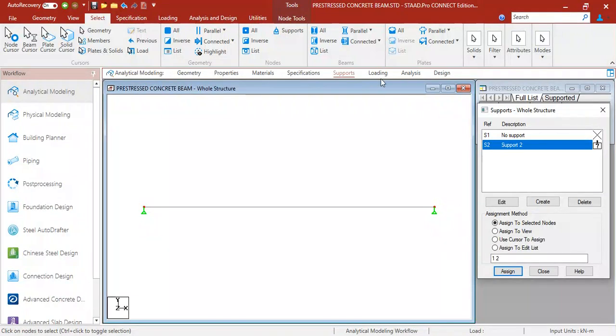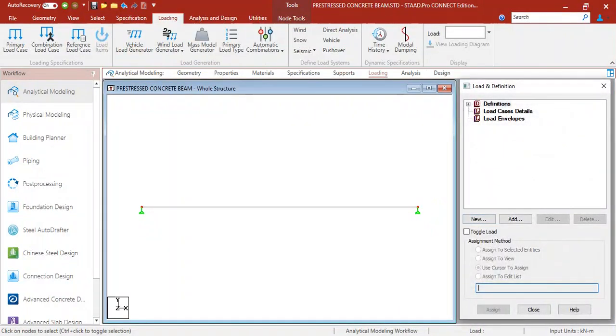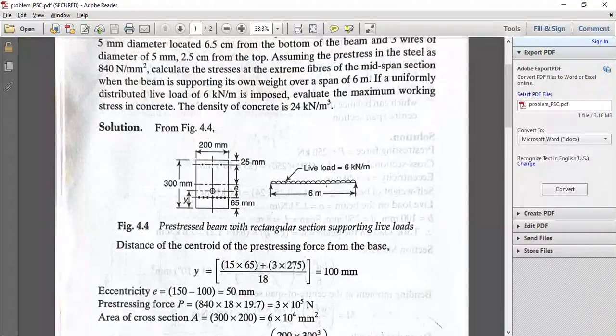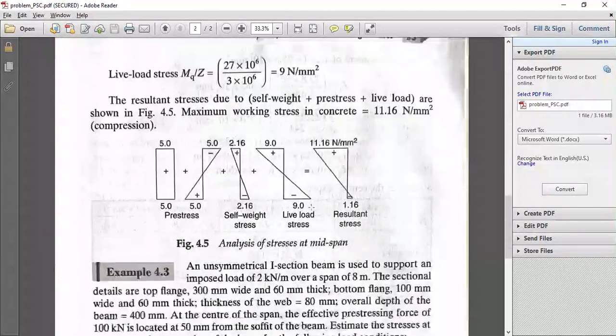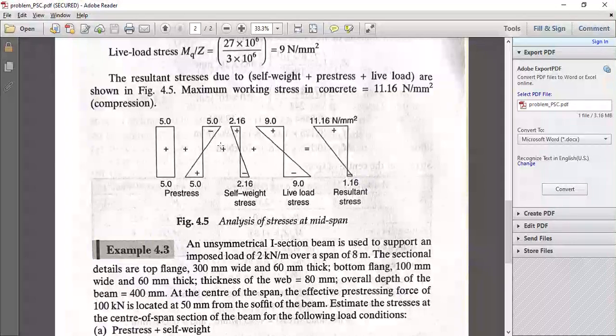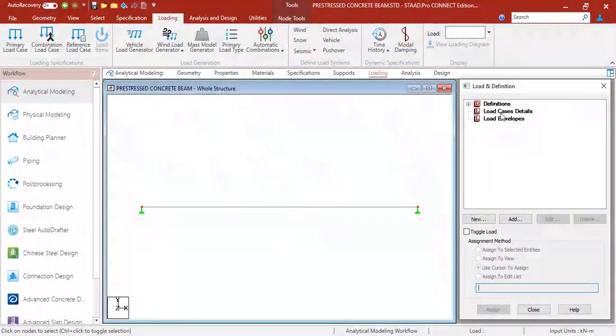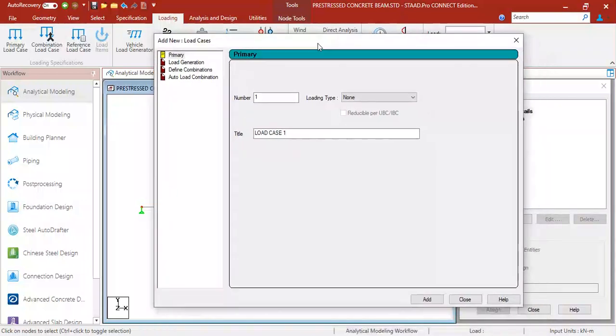Now we will go to the loading case. As per the problem statement, we have three different types of load. One is the live load, second is the dead load, and third is the pre-stressing force. Now in the problem and in the solution, we can see that this is the resultant stress diagram, and this resultant stress diagram is due to the self weight plus pre-stress plus live load. So in our STAAD Pro model, we have to create the load case in such a way that all the three loads are